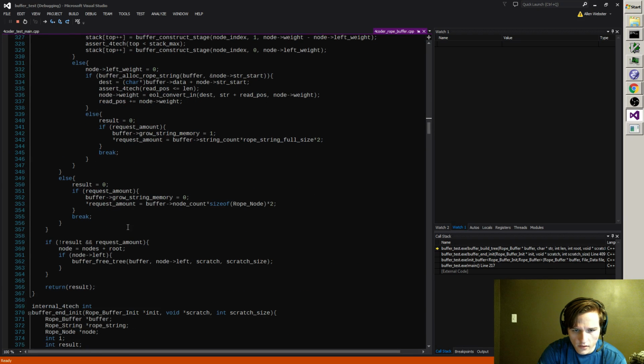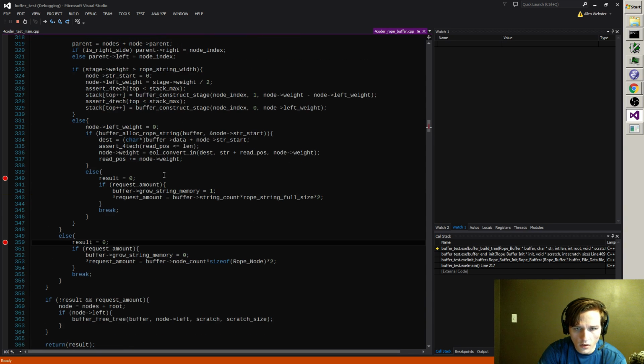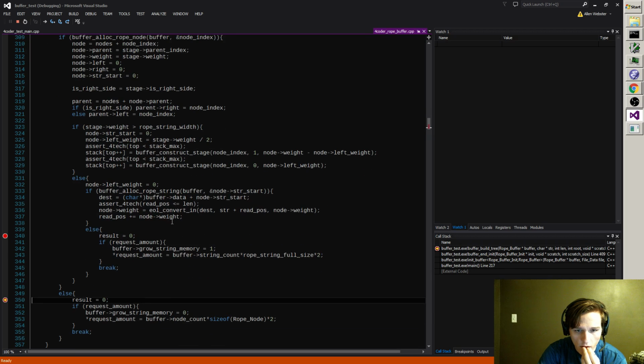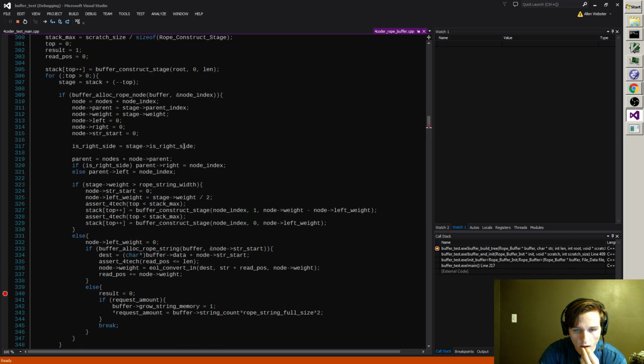Okay. So the question is, do we ever hit this situation or this situation? Well, if we ran out of scratch memory, it would have asserted, so that was just wrong. Aha! We hit this situation. It went to allocate a rope node and didn't get one.